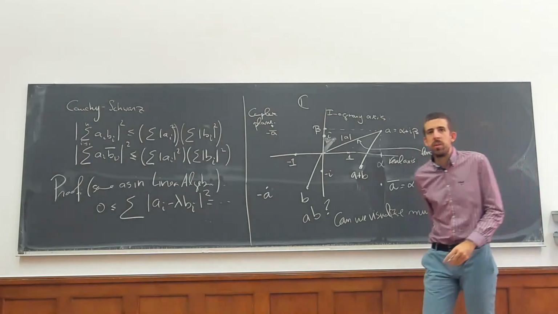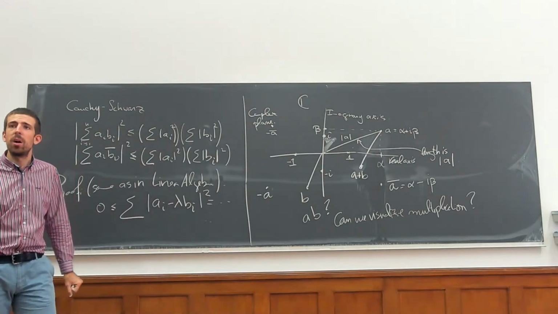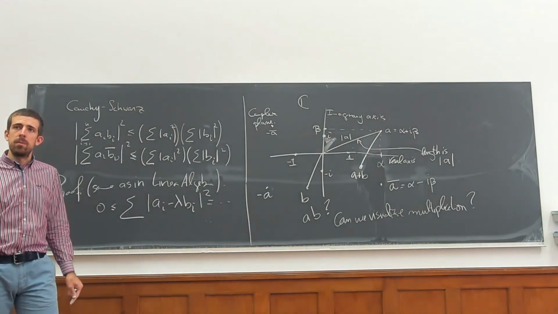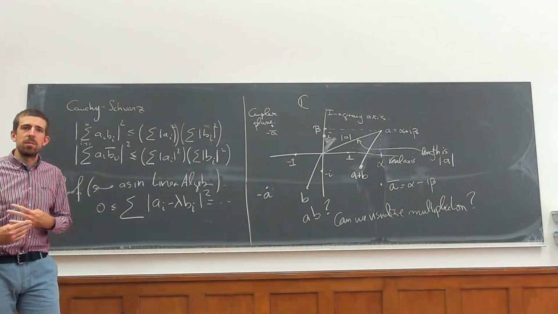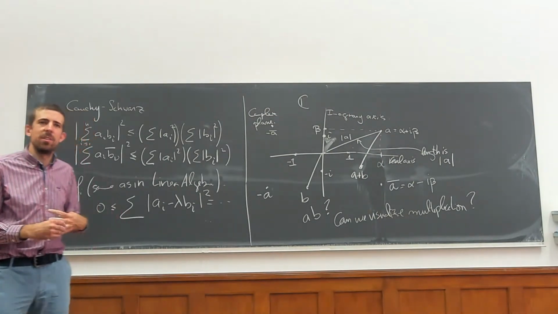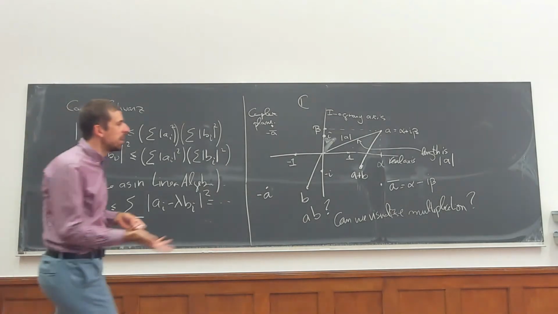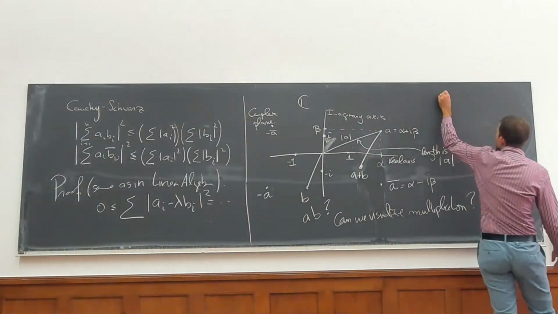Okay, so I have two numbers I can think of as vectors in R2. How can I visualize their product? Now it's not completely obvious, right? Because the product is a weird operation. It wasn't completely clear what it means in particular, right? If I have, let's write it down,